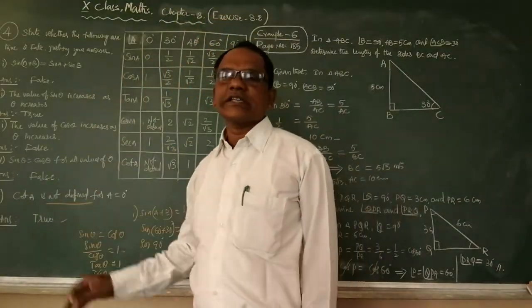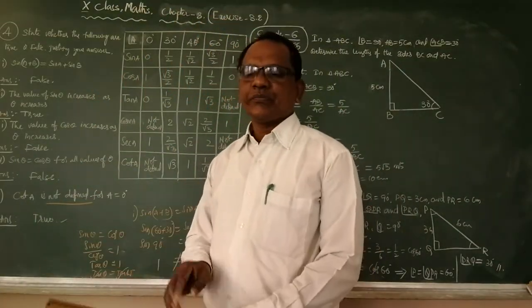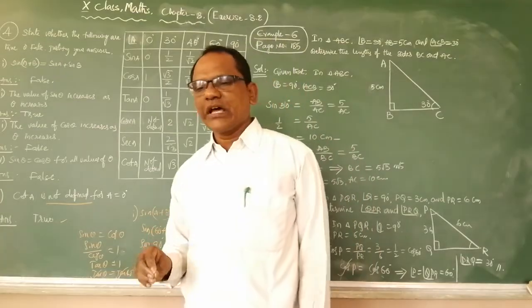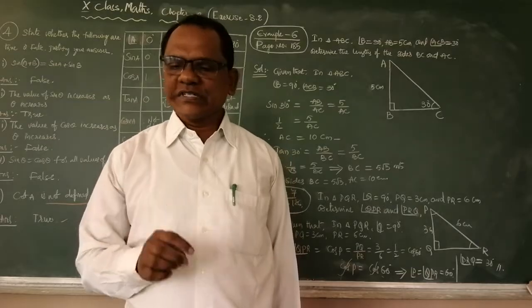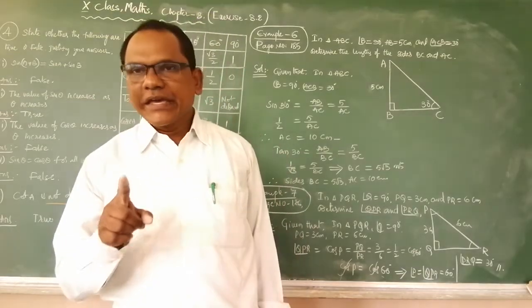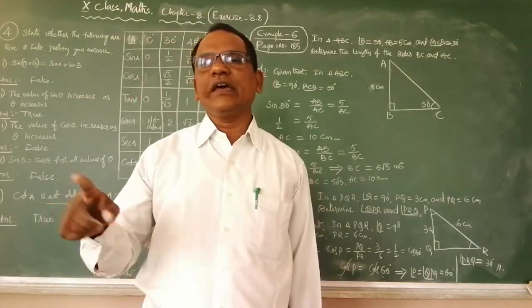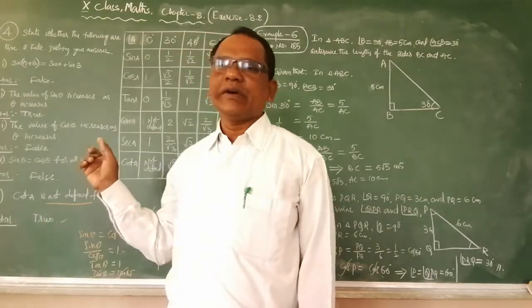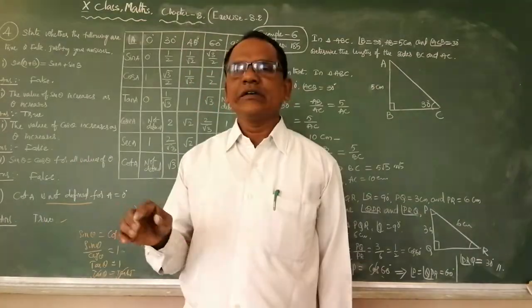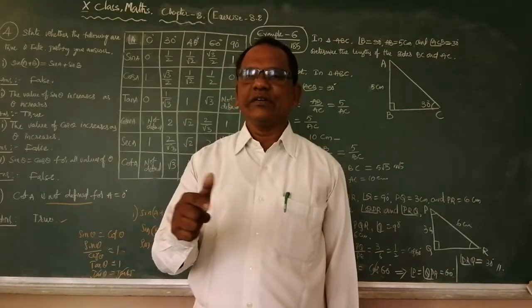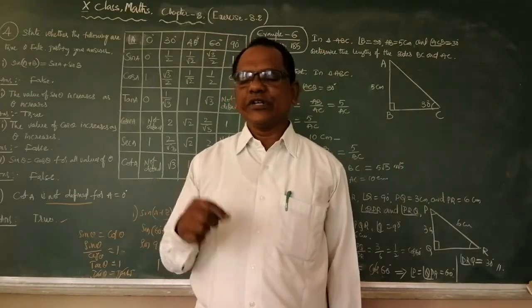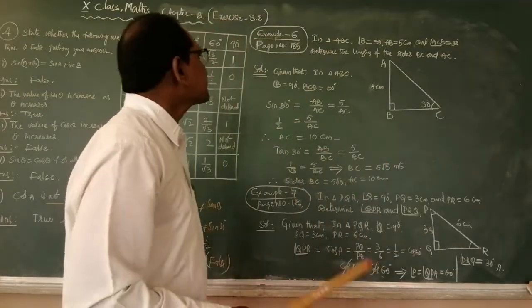Based on this, exercise 8.2 is completed. Before exercise 8.2, we have 3 examples: example 6, example 7 and example 8. Example 8 is the model for exercise 8.2 third main. Yesterday I told you that based on the third main you can solve example 8; that will be given once again in the WhatsApp group. Now I am going to explain the examples. So what are the examples here?